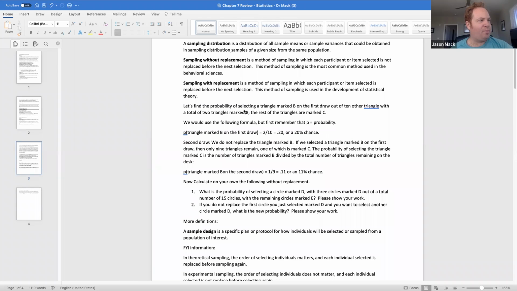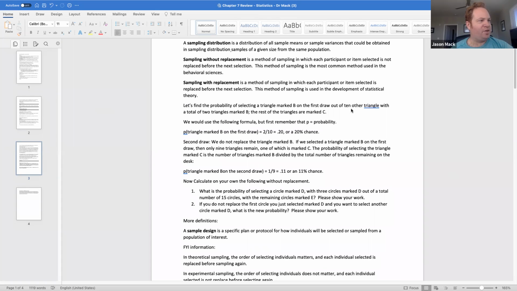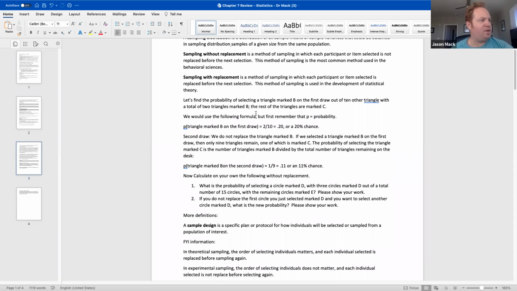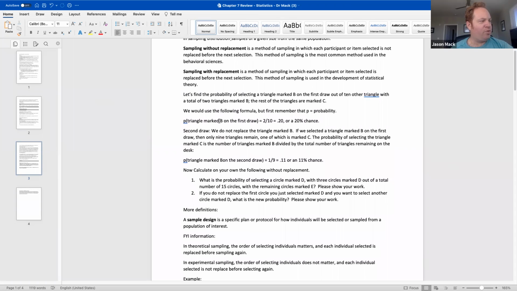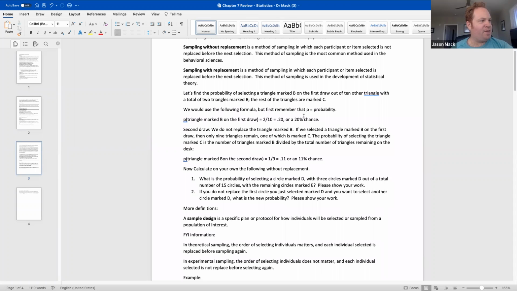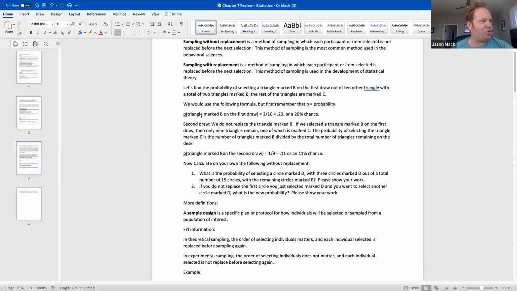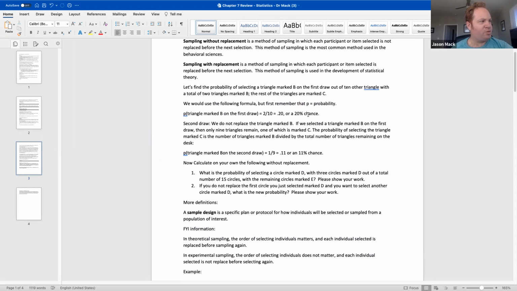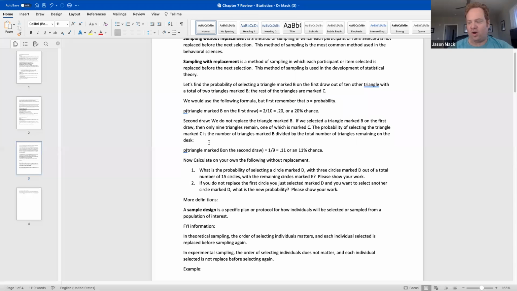Let's find the probability of selecting a triangle marked B on the first draw of 10 triangles, with a total of 2 triangles marked B. The rest of the triangles are marked C. We would use the following formula, but first remember that P is equal to probability. So P, the triangle marked B on the first draw, is 2 divided by 10, or 0.20, or a 20% chance. Second draw,